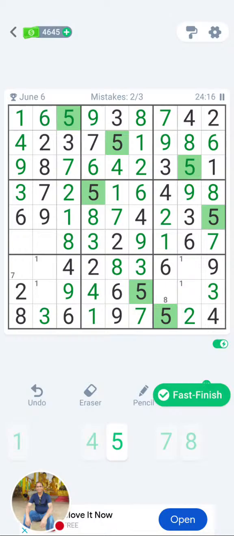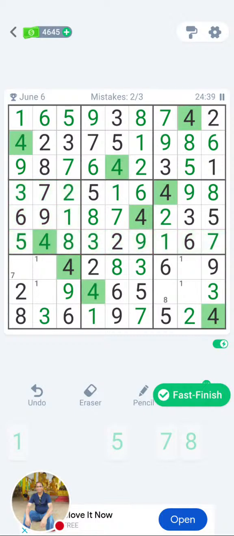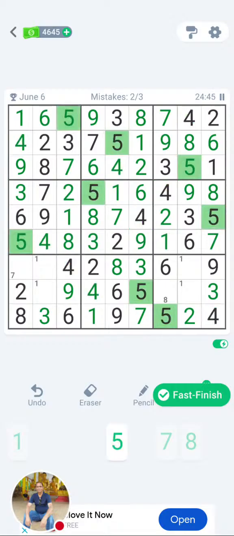So let's go to some other number. There are only 2 digits missing. First row, first vertical column, second middle grid on the left hand side. There's 2 numbers missing. So 1, 2, 3, 4 and 5. So let me go in the vertical column. There is a 4 in the first vertical column, so I can't put 4. So I have to put 5 over there, and therefore I can put 4 over here. Alright. So my 4s are all completed. Let me see about number 5. That is first top row is completed, middle row is completed, and the last row 5 will come in the middle over here. So that is done, 5.